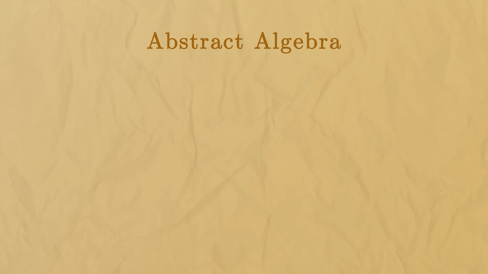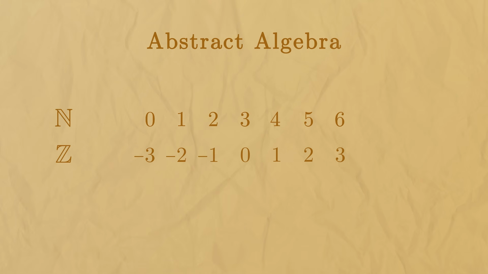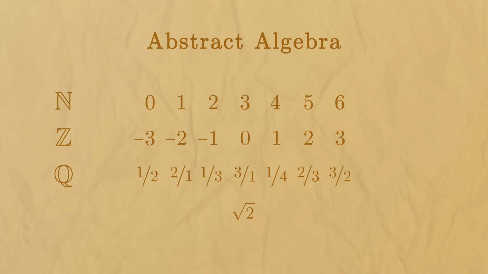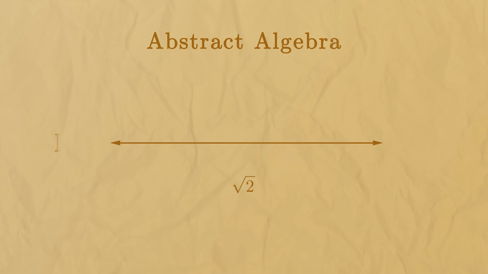You have to understand, we all started school learning to count using the natural numbers. Later we learned that there are also negative numbers, so we get introduced to the integers. Then we run into the problem that we can't exactly divide 3 by 2, so we encounter fractions. And finally we learn that there exist irrational numbers like the square root of 2, which cannot be described as a fraction. So in the end, they tell you that the so-called real numbers are the ultimate number system and that you can find every number you'll ever need in your life somewhere on the real number line. And that's where the school curriculum ends for most of us.